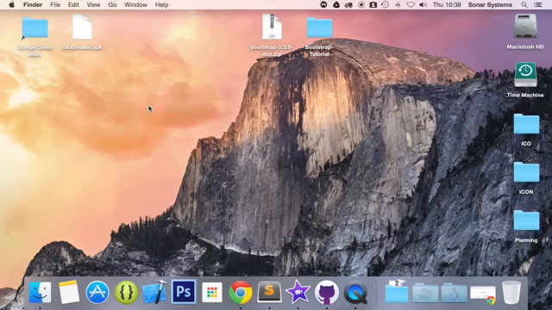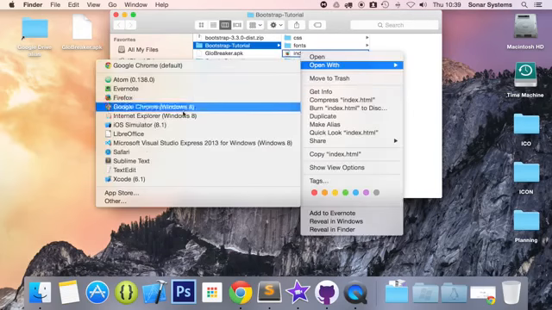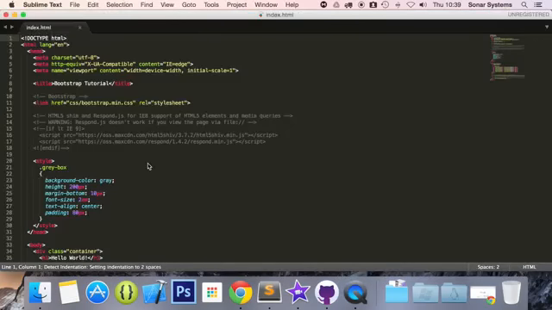We use the medium length column size class for the divs, but there are a total of 4 sizes which are as follows: extra small, which is .col-xs, basically extra small column, that's small, .col-sm, small column, the medium, .col-md, medium column, which is what we use. Then there's large, .col-lg. So let's go ahead and open up our index.html in a text editor and actually show you how each